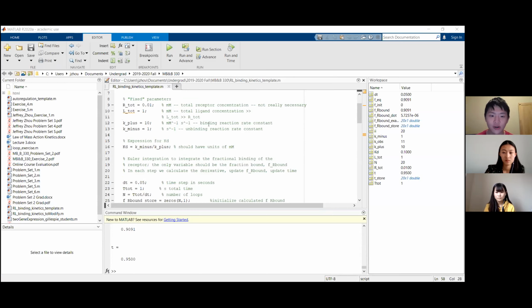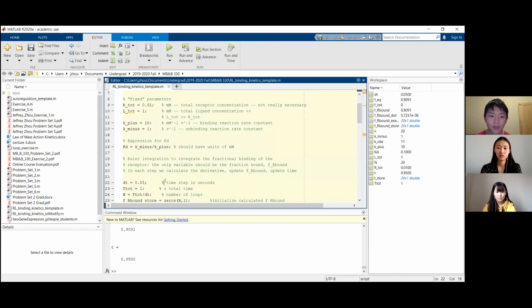So starting from time 0, we know how much ligand, receptor, and complex we have. And then based on that equation we had, we can compute how fast it's going to change over time. And we just assume that it has that same slope all the way until this next data point. And then when we reach this point, we recompute the slope. We do this by using the new receptor, ligand, and complex concentrations we have from this point. And then after we recalculate the slope, we see it's leveling off a bit, and we continue until the next data point. And we just keep going like that until we finish our entire approximation.